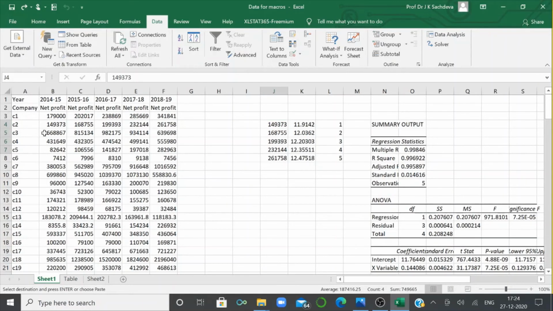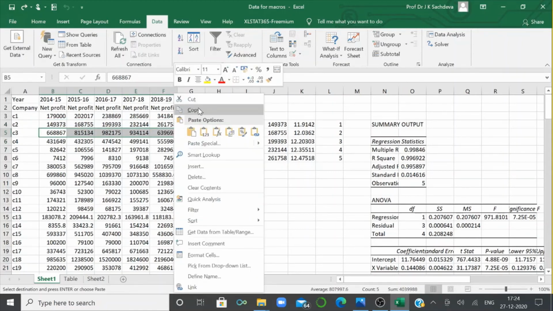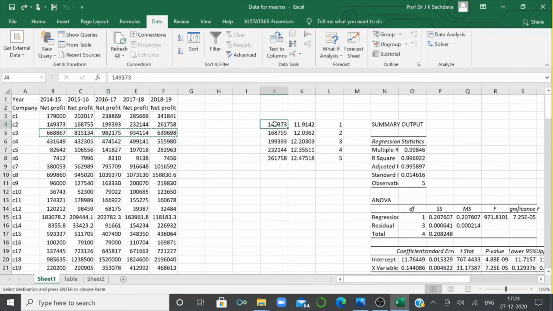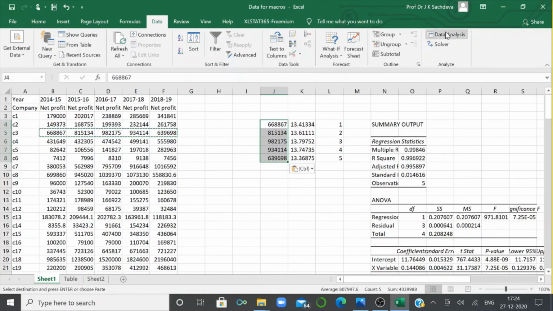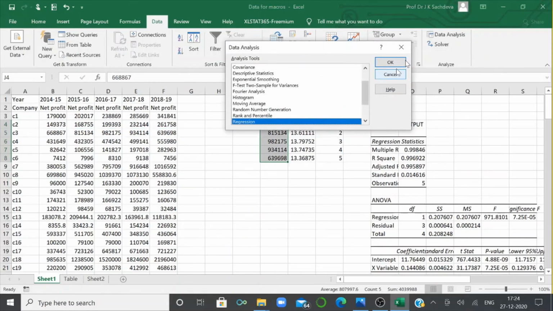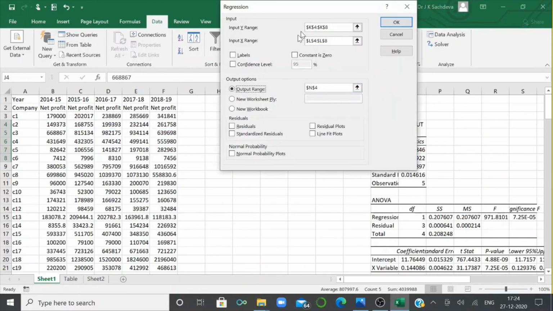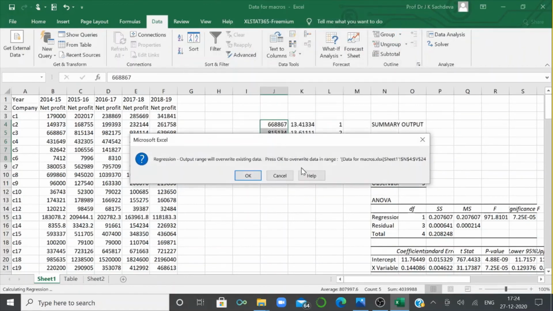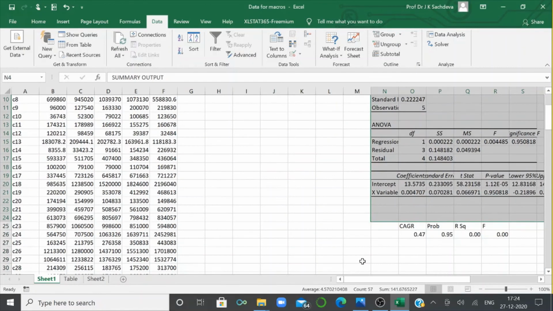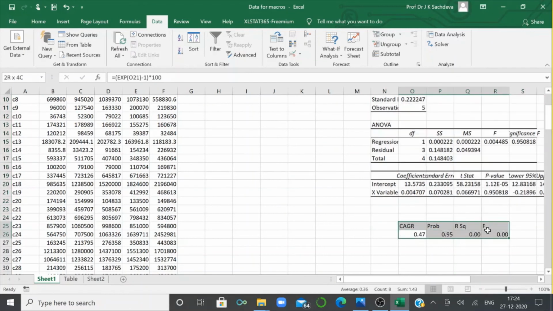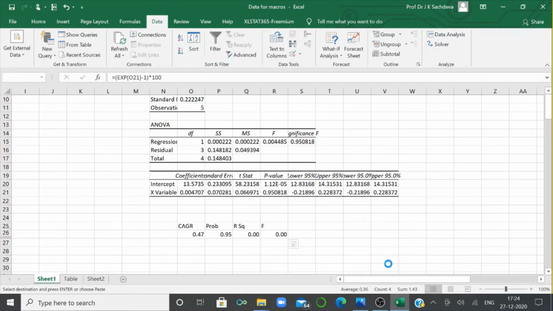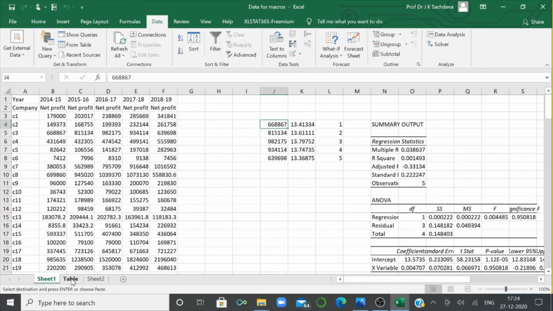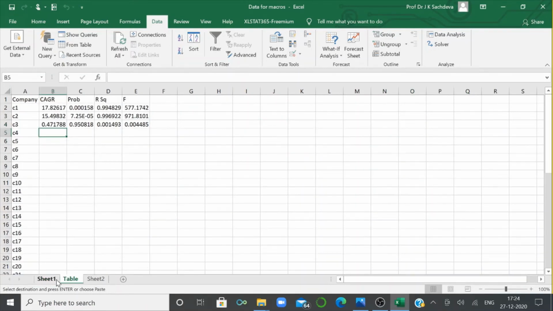Company 3 now, just copy, paste, transpose, go to data analysis, regression, say OK, overwrite it, and this one, press button. Whether the value goes there, yes, it has been pasted.